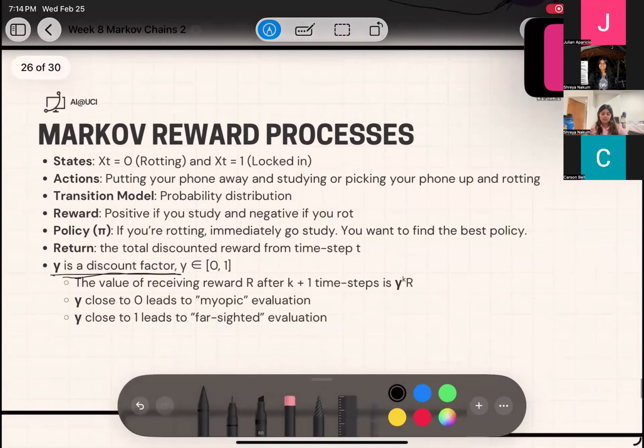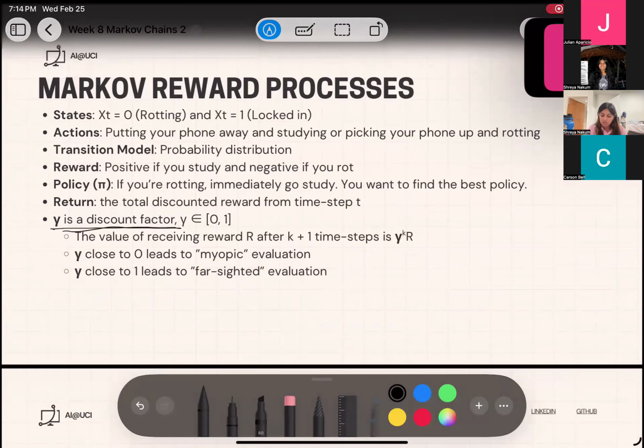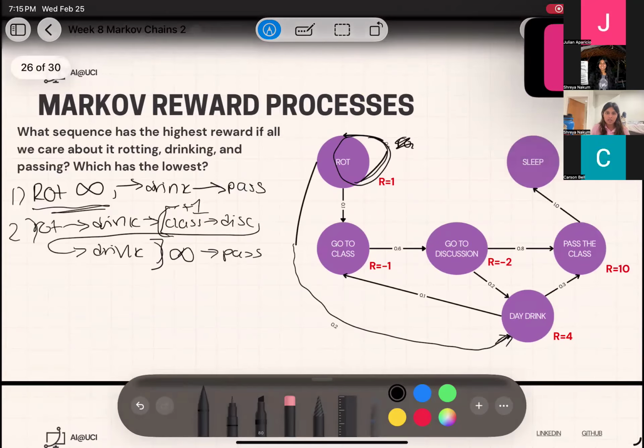What the discount does is it takes your reward and multiplies it by some discount value, let's say 50%, to the power of how long it has been. So let's say I do infinite rotting, as time goes on, my reward of one is going to get smaller and smaller. First I have a reward of one, and then as I have a 50% discount rate, after one time step it gets halved. After two time steps, now you're getting even less, and as time goes on, you're going to have a very, very small amount of reward.